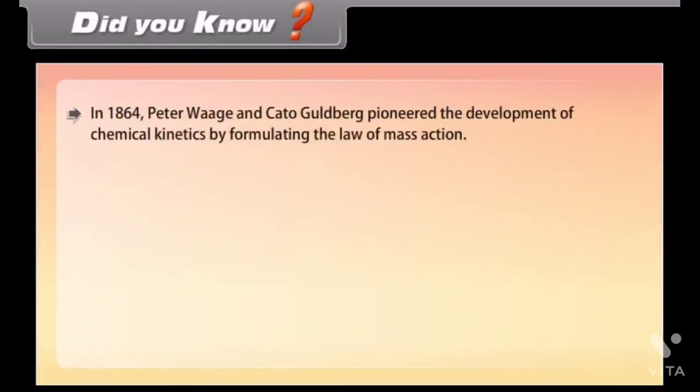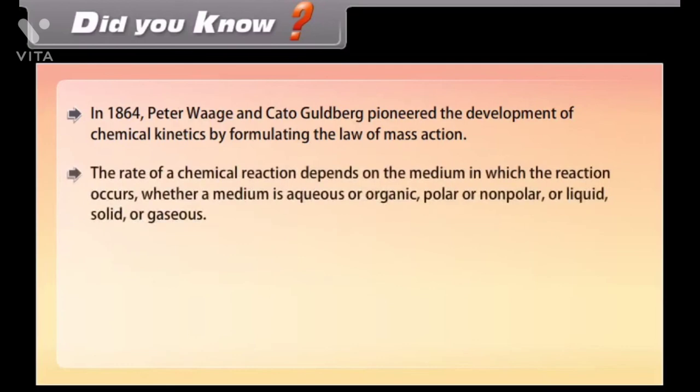Did you know? In 1864, Peter Waage and Cato Guldberg pioneered the development of chemical kinetics by formulating the law of mass action. The rate of a chemical reaction depends on the medium in which the reaction occurs, whether the medium is